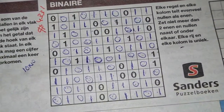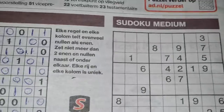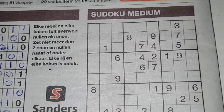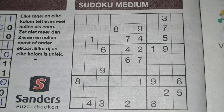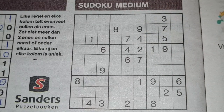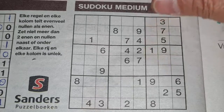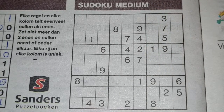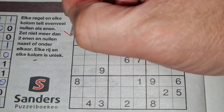We have here three regular puzzles: the binary, which I just solved a minute ago, the killer Sudoku, and the medium Sudoku. And in this daily newspaper, we have no extra puzzles, only these three regular puzzles. What I will do is continue with yesterday's edition of Tuesday. There are four puzzles left in yesterday's edition, but first we will solve this baby number